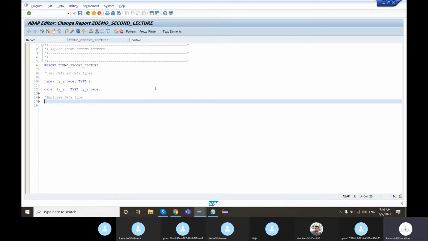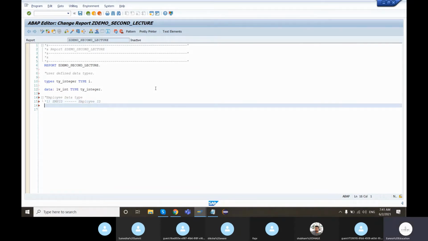Now, in order to store data of an employee, what are the things that are required? The first thing the employee will have is an employee ID. What else can an employee have?